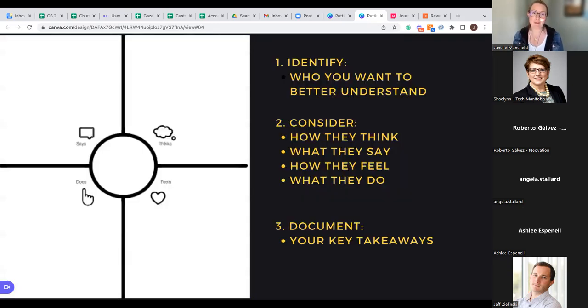So for empathy mapping, this is the simplest little tool that you can use. It dives into one particular person or persona. Today we'll look at one person in particular, and you'll look at what they say, what they think, what they do, and how they feel. And then you could even add a little box at the bottom, which is what are your key takeaways? So what are you going to do differently when you interact with them, or what's going to be most important to them? So I have an exercise for us